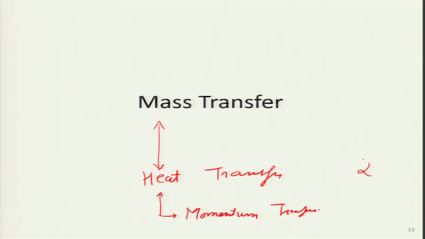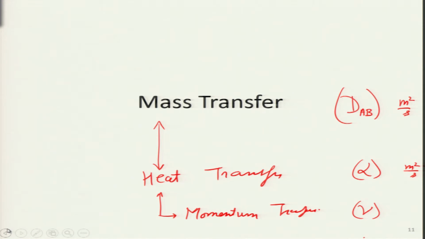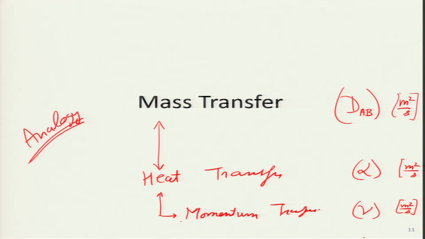Just to illustrate a point, we have heat diffusivity given as alpha, momentum diffusivity given as nu, and we will look today at the mass diffusivity given as D, and all three of them have the same units, meter square per second. So, somehow with this natural phenomena explanation, it also explains that in 3 or 4 lectures what we will try and do is look at the analogies between heat transfer and mass transfer, and try and figure out whether all the conduction laws and convection laws that we have looked at have counterparts for mass transfer. So, that is the beginning of this particular topic.